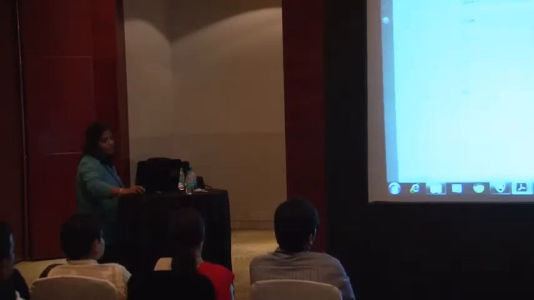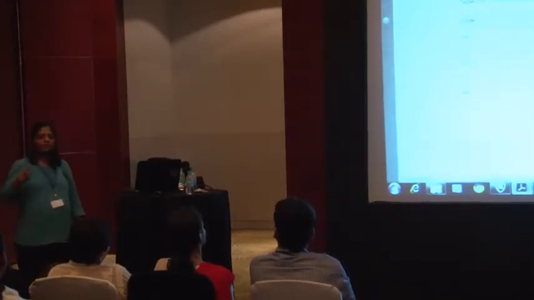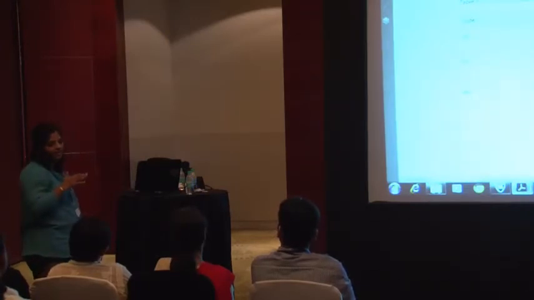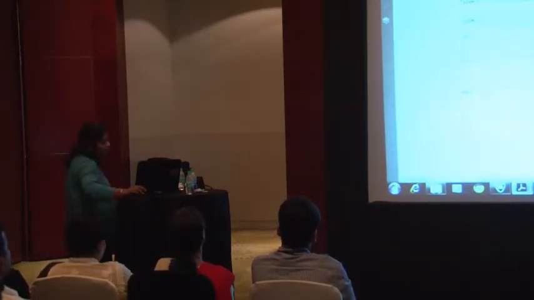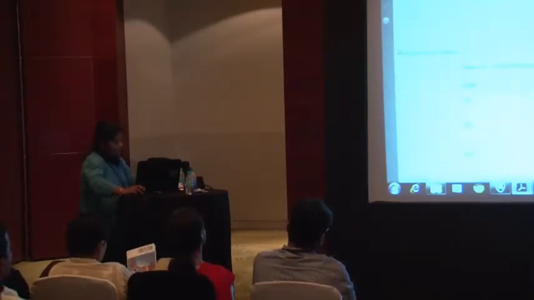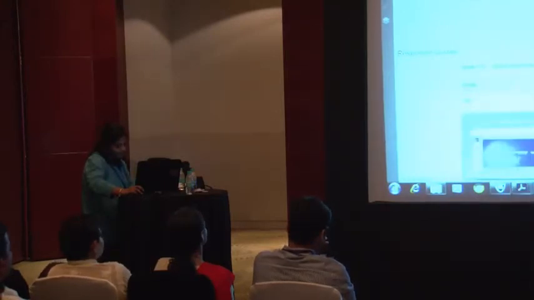And 404 says that the photo is not found. That means the value that you have specified for the photo ID in the request is invalid. So all these response codes have to be captured in the documentation.